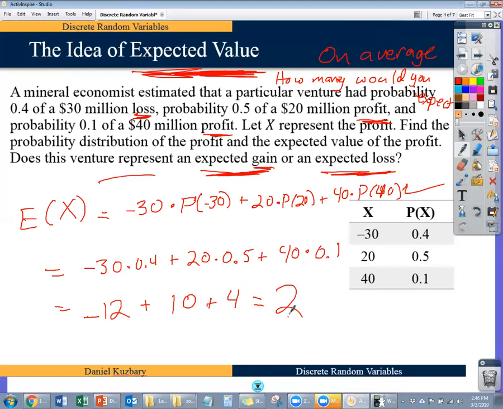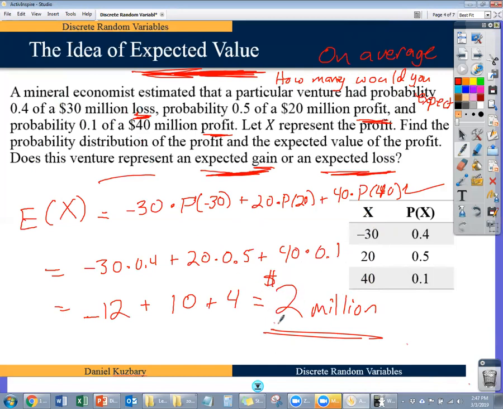Except, so does a gain of 2 really mean anything? Well, it's a gain, but here's the thing. I'm expecting to gain on average $2 million because my X is in millions. This is negative 30 million. This is 20 million and so on. So this is my expected gain, which if you're a businessman or businesswoman, you might be okay with taking the risk and risking losing that much money,